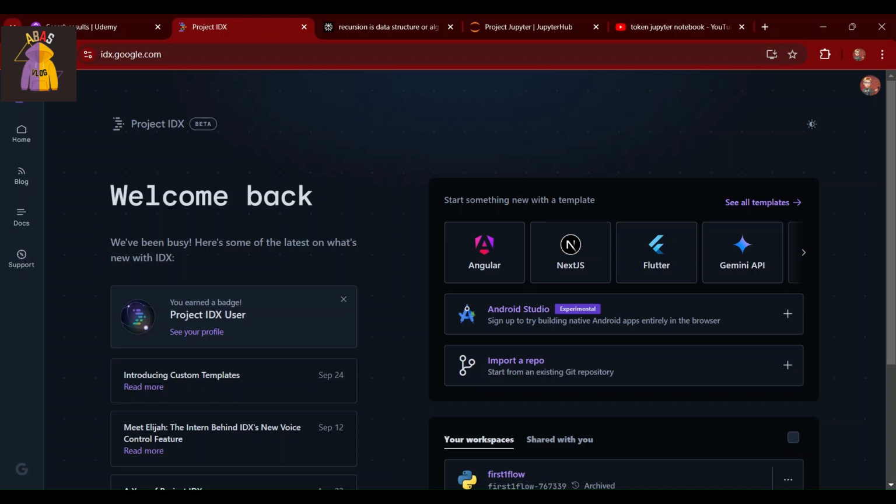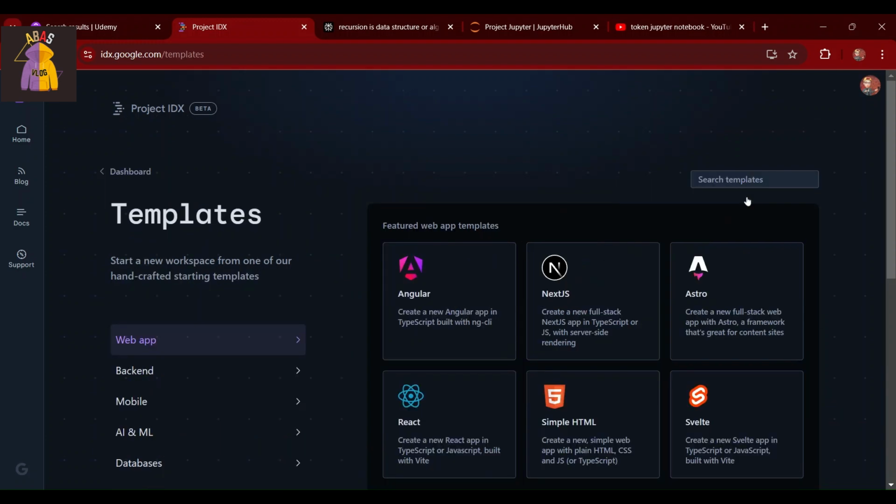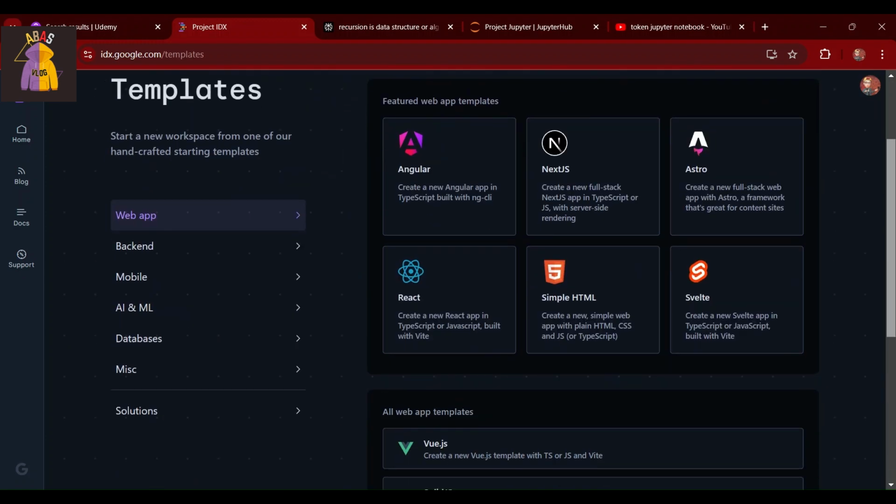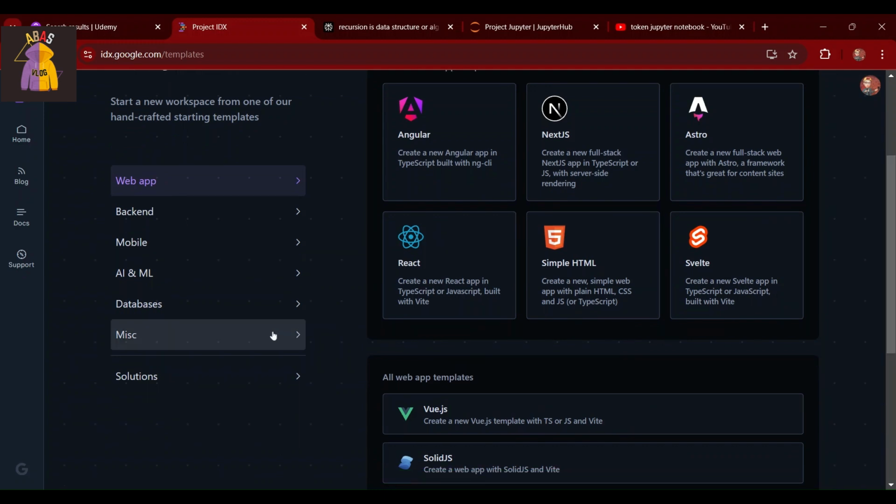I don't know why, but this Jupyter notebook and the Jupyter Lab is the toughest one to create in Project IDX. If you are using VS Code offline, it will be easy for you to connect with the Jupyter notebook and Jupyter Lab. But in Project IDX, they didn't properly arrange this. So I will show you how to create this Jupyter notebook by connecting the server-based way.